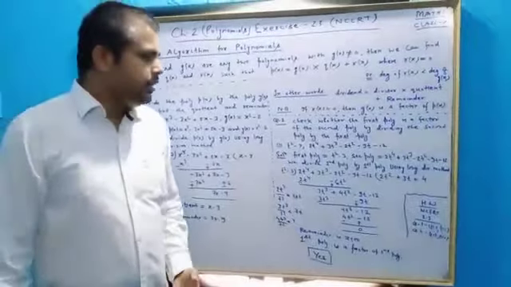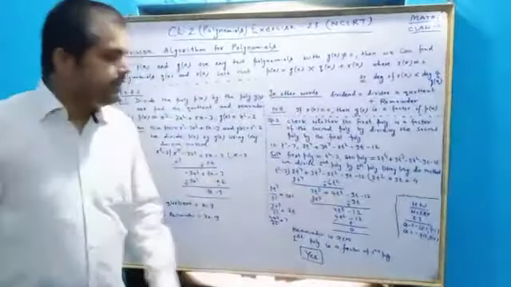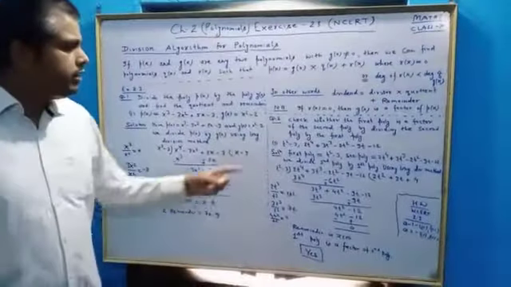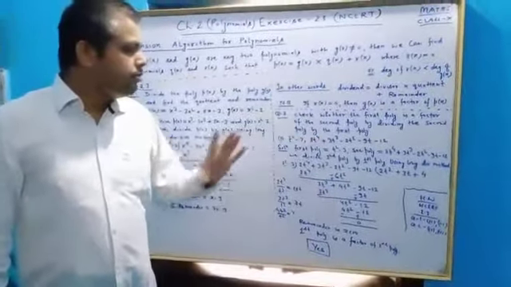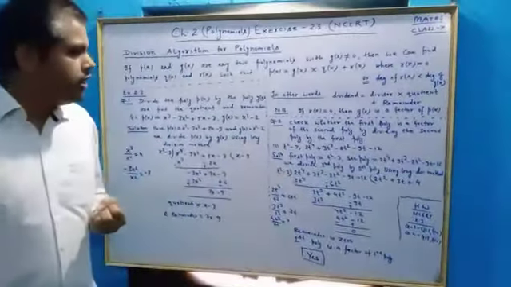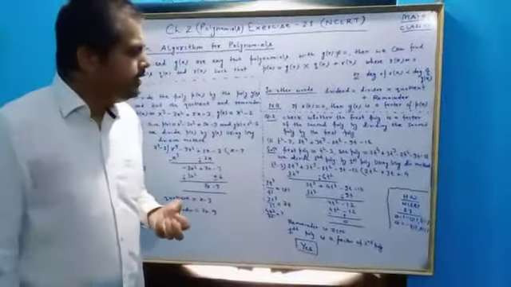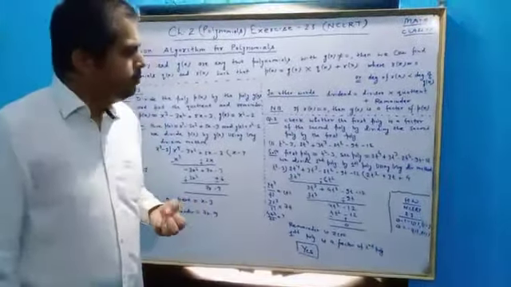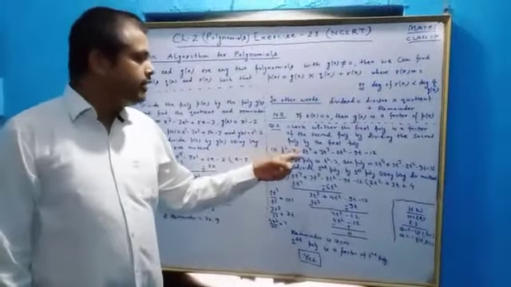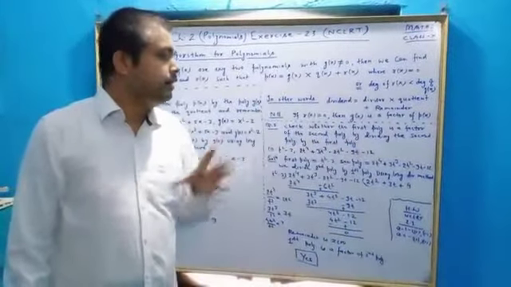So we see that here the quotient is 2t square plus 3t plus 4 and the remainder is 0. Since the remainder is 0, the first polynomial is a factor of the second polynomial. That means t square minus 3 is a factor of 2t^4 plus 3t cube minus 2t square minus 9t minus 12. So our final answer is yes, t square minus 3 is a factor of 2t^4 plus 3t cube minus 2t square minus 9t minus 12.